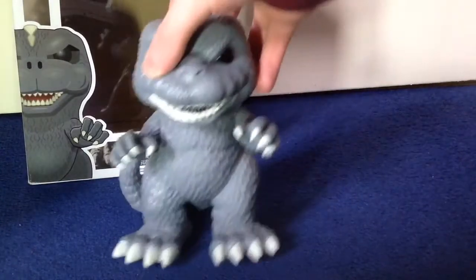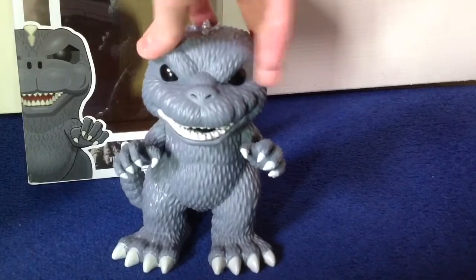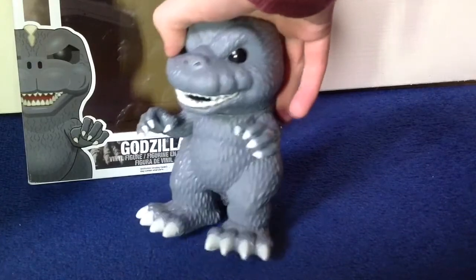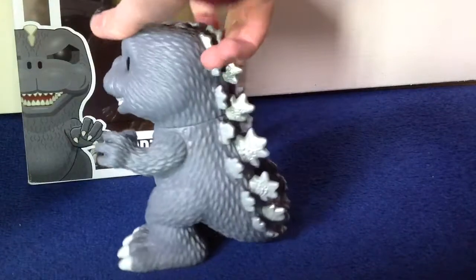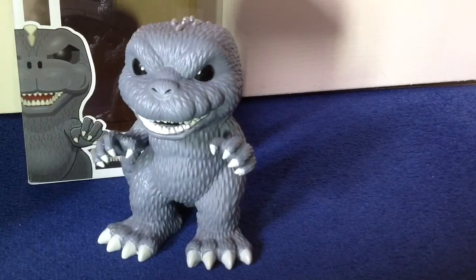Now we have my favourite pop that I own. It cost me £27, but it was all worth it. It is, of course, Godzilla. I'm not a massive fan of Godzilla, but when I saw this, I just had to get it. It's absolutely amazing. Look at his teeth. Look at that, and I love what they've done here. It looks like you should be able to turn the head, but because of the dorsal fins, you kind of can't. But you've got his tail, and it's just a really, really cool vinyl figure, and it's easily my favourite